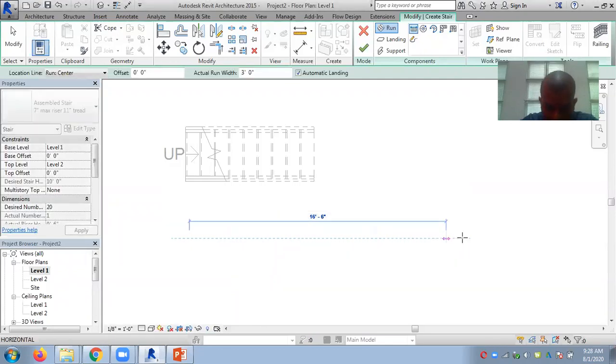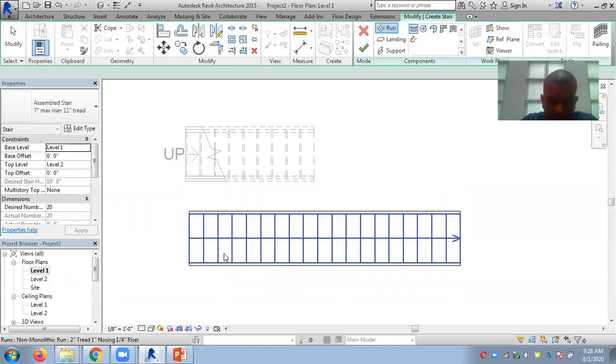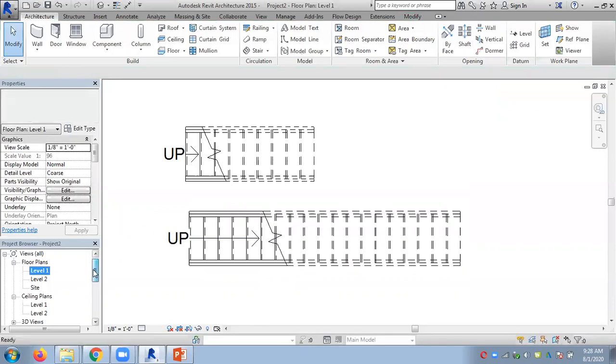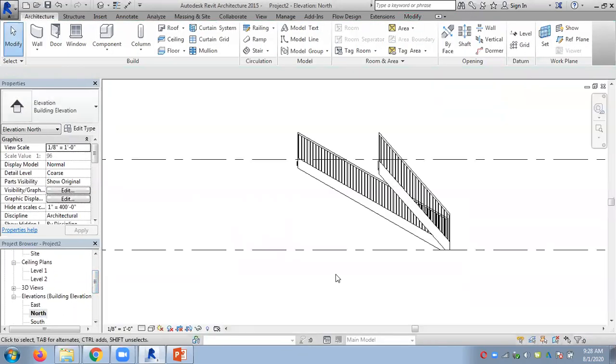now it has 20 steps. So now it needs 20 steps to reach. Earlier it needs only 9 steps. Now if you just look at the 3D view or this north view, you can see the difference. Now this reaches quickly, this has a long run. So this has a small run, this has a long run, and it will reach.